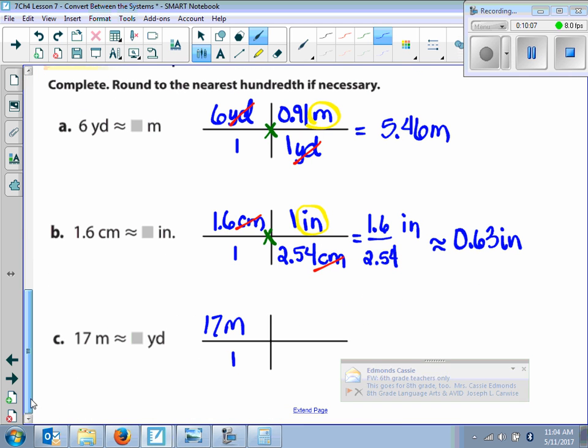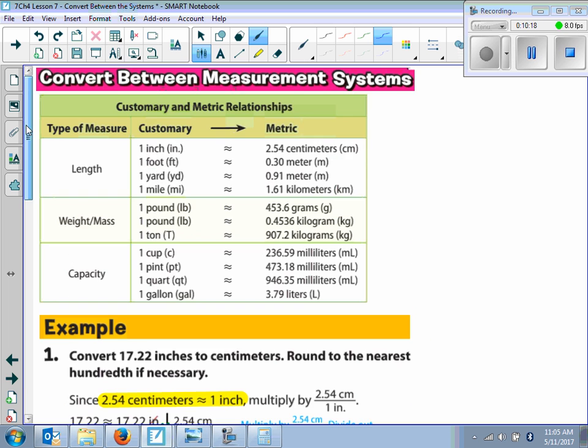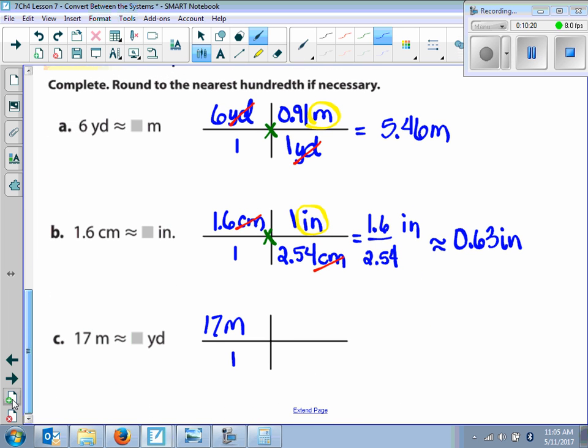Didn't we do one like that already? Yeah. Oh, and so now we're converting back to yards, right? So where does meters go? On the bottom. So what did we say it was? 0.91 meters? All right. So we've got 0.91 in the denominator, and that's meters, and that's equal to 1 yard. Very good. So now meters and meters will cancel, and we are going to then just